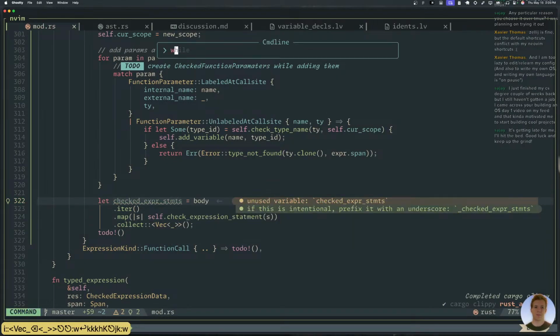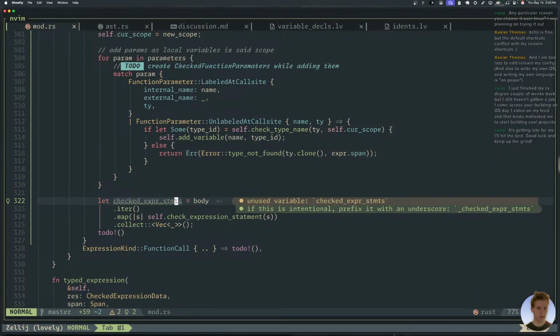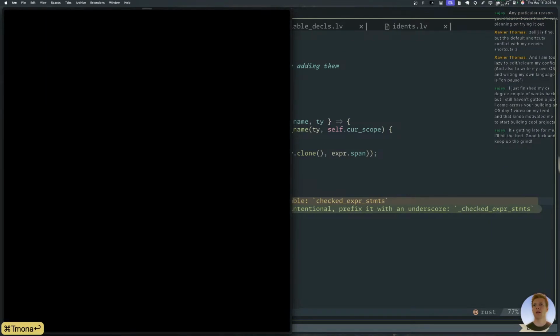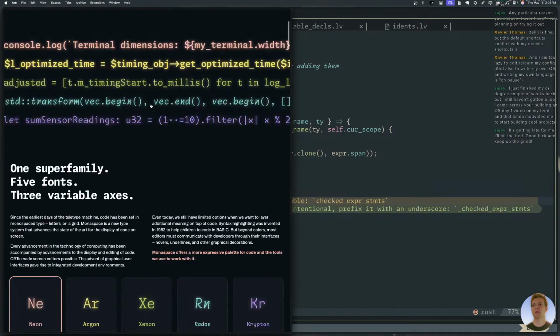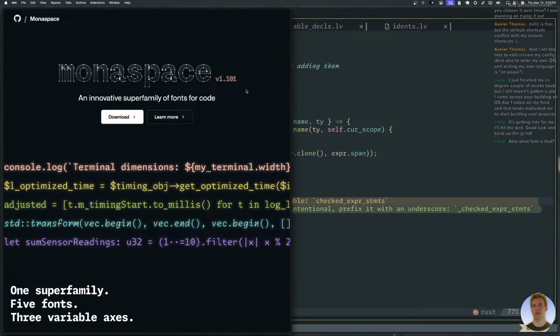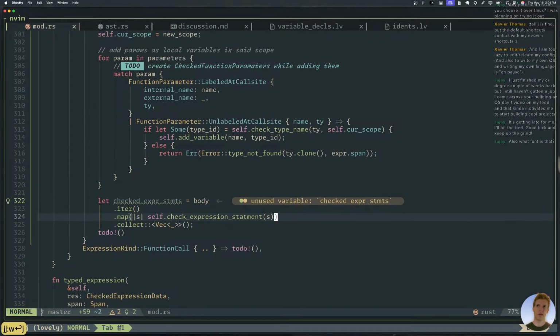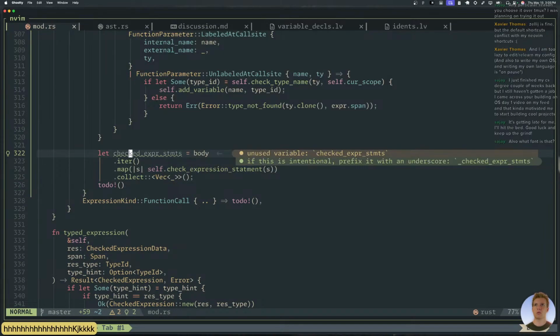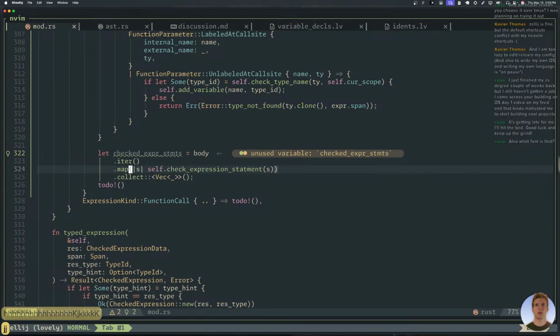There we go. It's getting late for you. I'll hit the bed. Good night. Also, what font is this? It's called Mona Space, I think. GitHub made it. It's actually like 5 fonts put together. I think I'm using 3 of them, maybe. So yeah, that's nice.